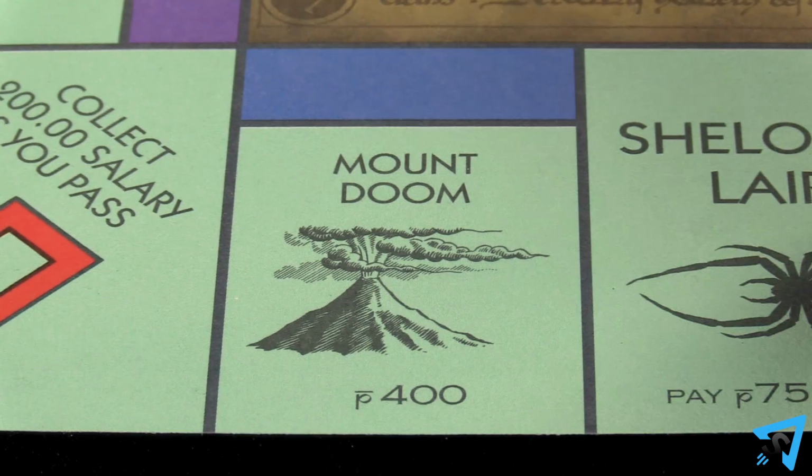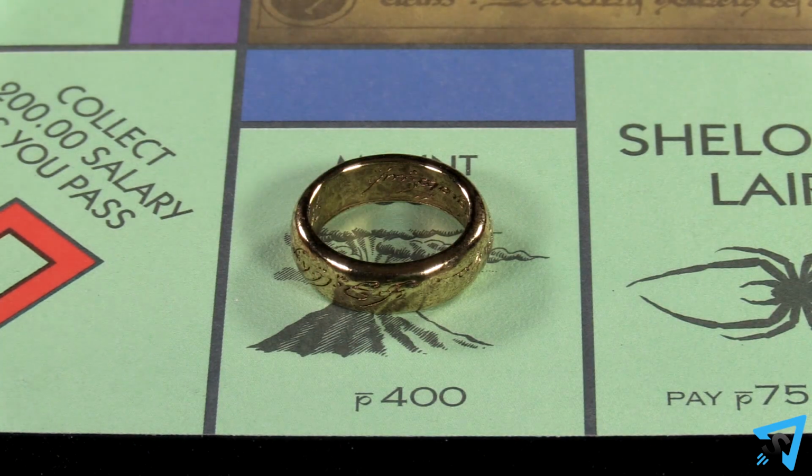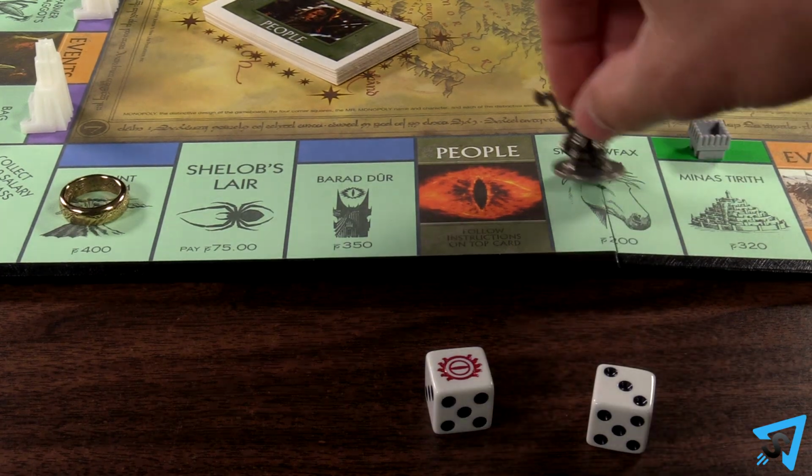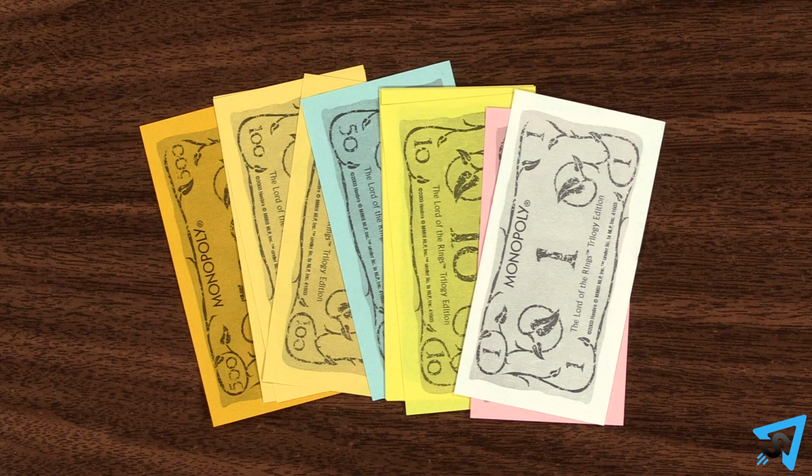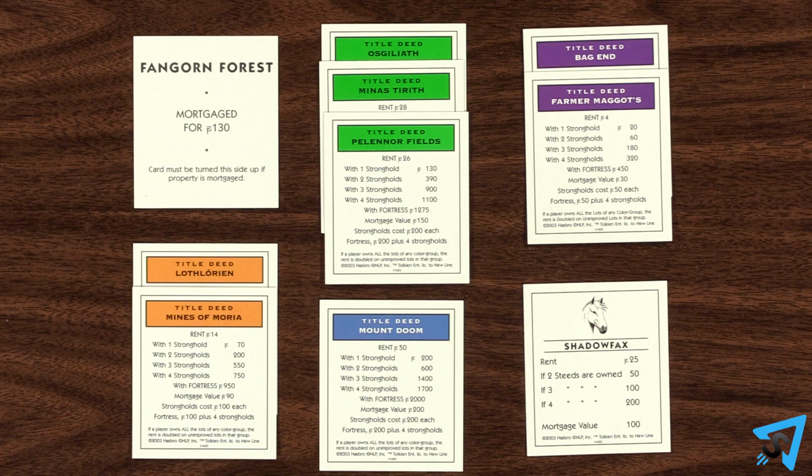When the ring moves to Mount Doom, the game ends immediately, and the current player who rolled does not finish their turn. Now, all players add up their total value by combining all their power, the value of all their